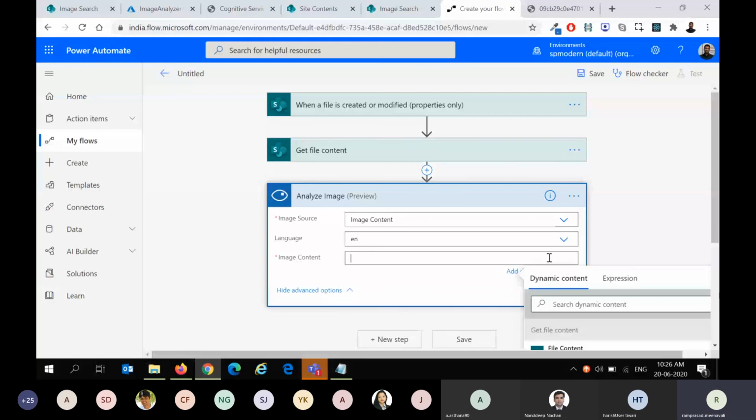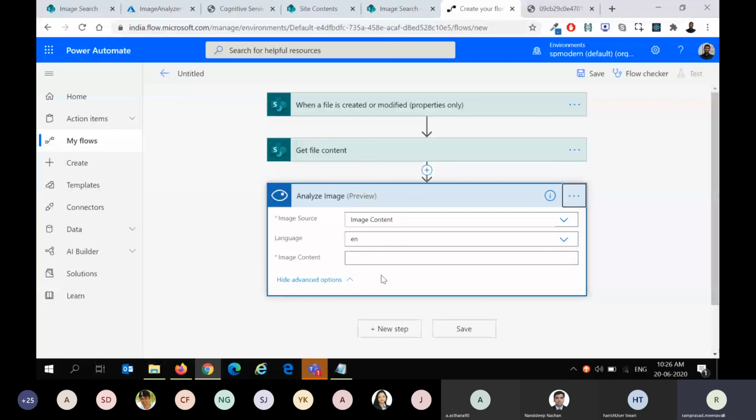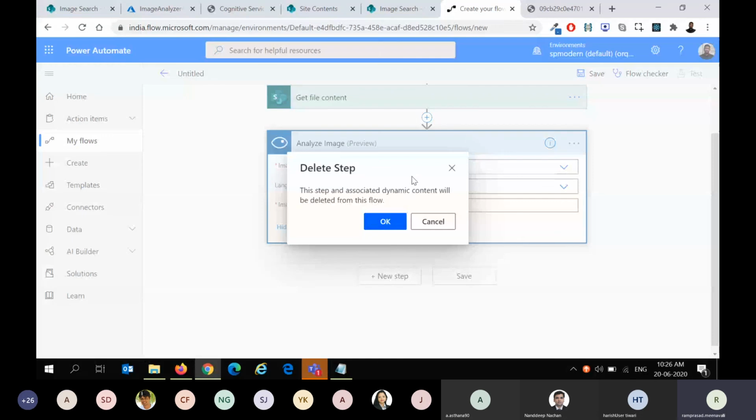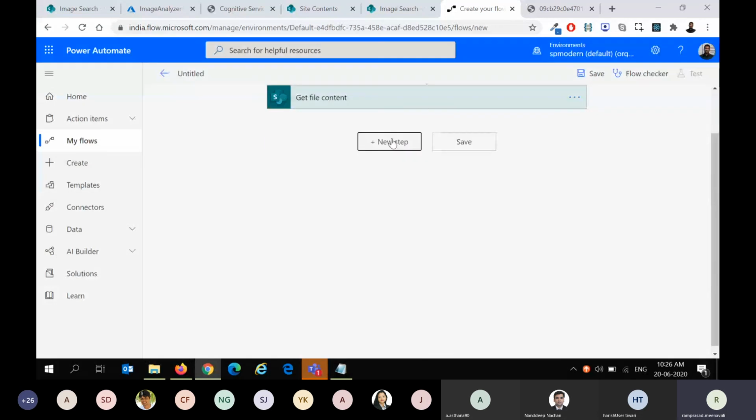Even after creating a connection, it shows a drop down where we can select whatever visual features we want. So it could be description, caption, or tags, but it doesn't allow us to specify multiple values. For every different visual feature, you have to add a new action and create multiple actions. So instead of this, I'll use the HTTP action, where I can query an HTTP REST endpoint and specify different payloads there. That will be much more useful in this case.